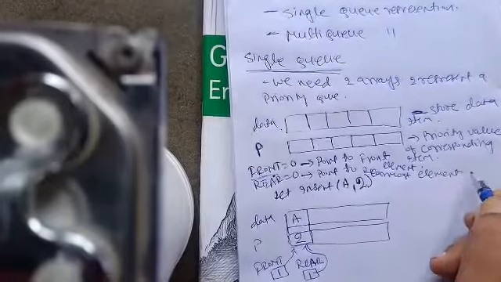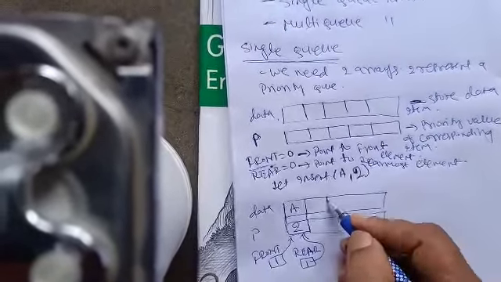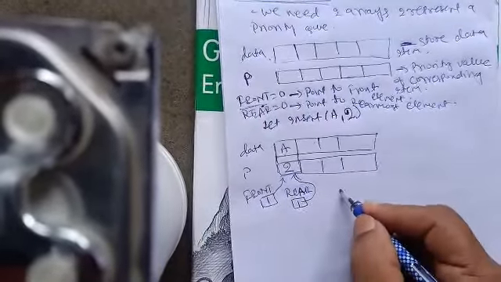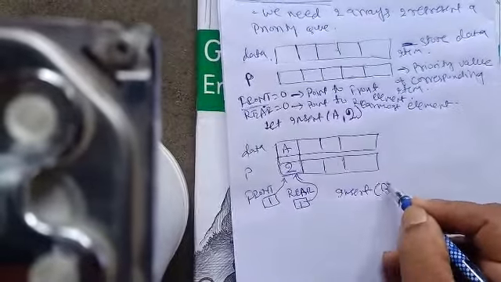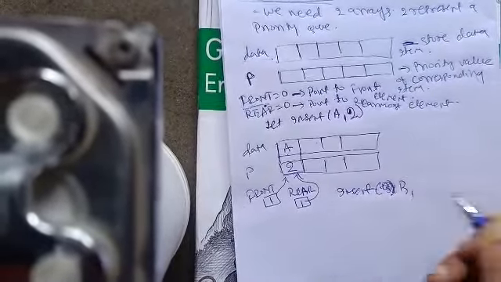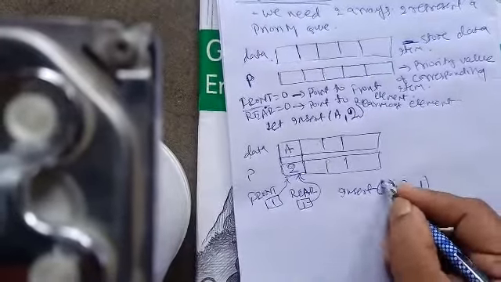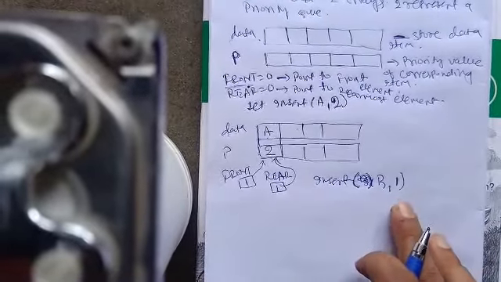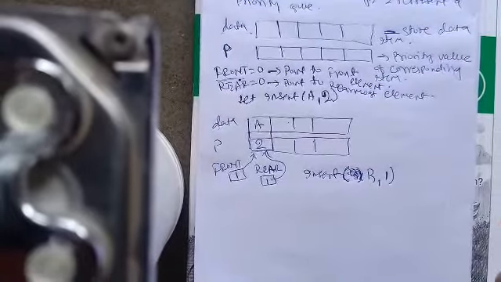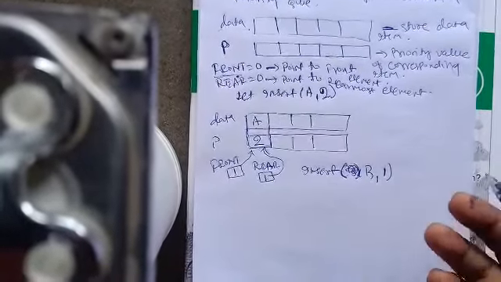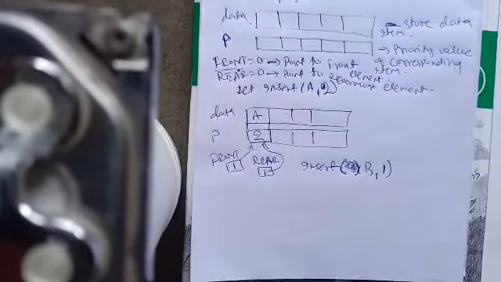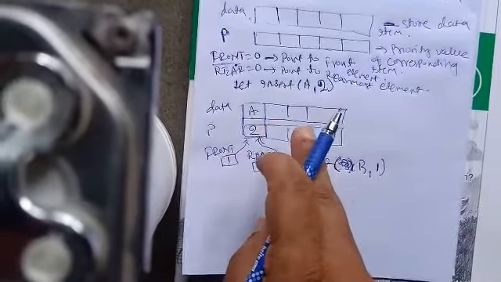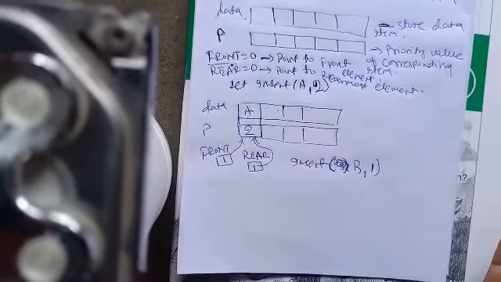Okay, so now an element is inserted. Now suppose we want to insert more data. So let's say insert B, whose priority value is 1. So B's priority is 1. Now I say that the lower the number, if the priority number is low, then it has higher priority. So definitely B has higher priority. So whenever processing is required, B will be processed before A. Therefore, B should be kept in the front of the queue and A should be behind B.